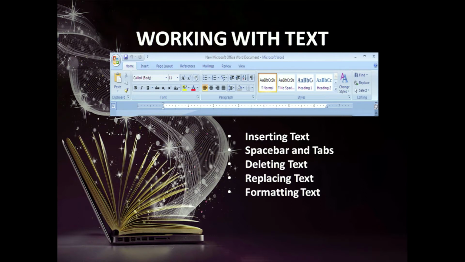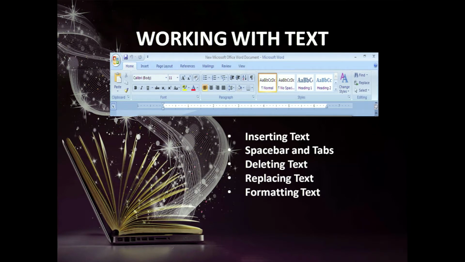In the previous session, you learnt how to open the Microsoft Word 2007 software. In the same way, you use the start button. Once you have clicked the start button, you choose All Programs. From All Programs, you choose Microsoft Office. Then you choose Microsoft Word. Whatever version you have, you can try the same thing. Even if you have a recent version, you don't have to worry. The interface will have similar features, only with additional features. So, I am not using the same version, and you can use any version you have.